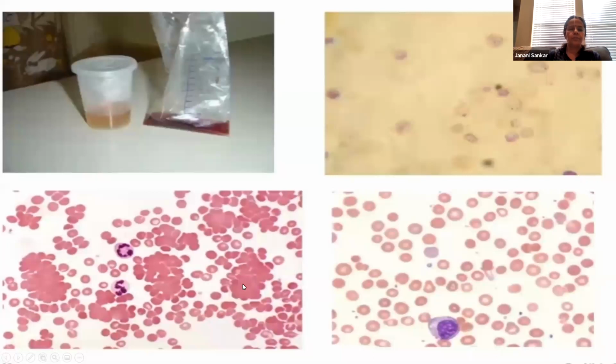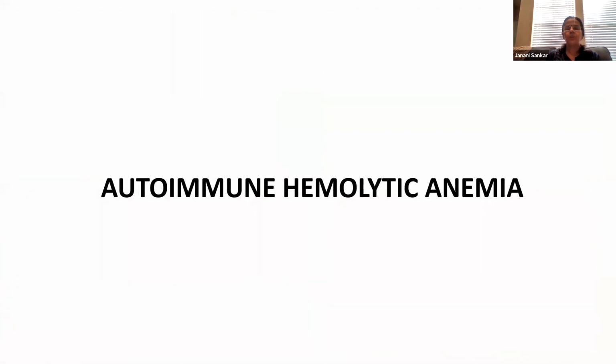There's a lot of agglutination of RBCs. That's the reason you get a high MCV in these children. So it was autoimmune hemolytic anemia. The same child, I didn't put that picture, he also ordered an X-ray. An X-ray showed some patchy, streaky opacities. And so immediately I told him to order a mycoplasma IgM.